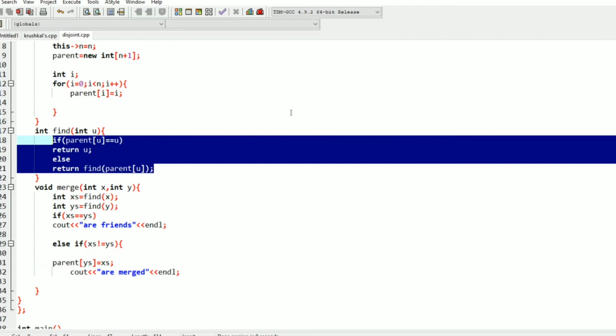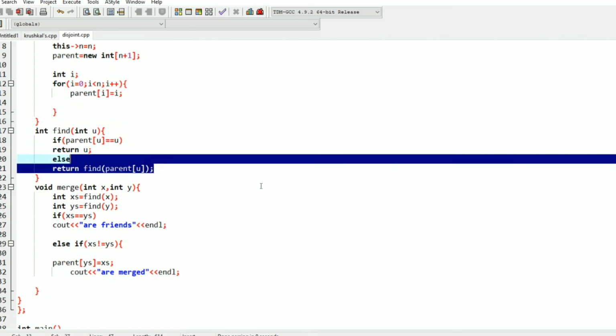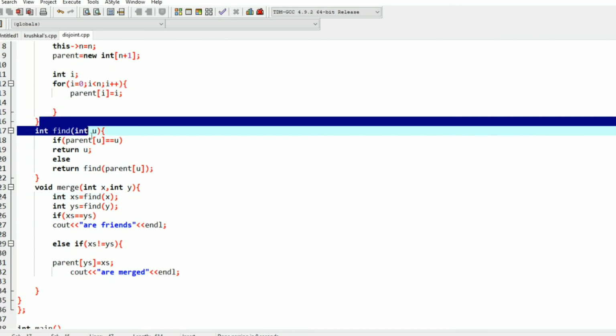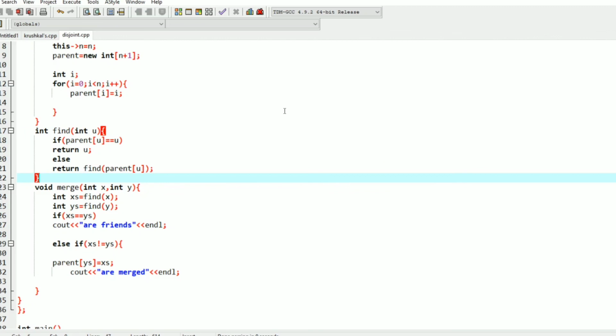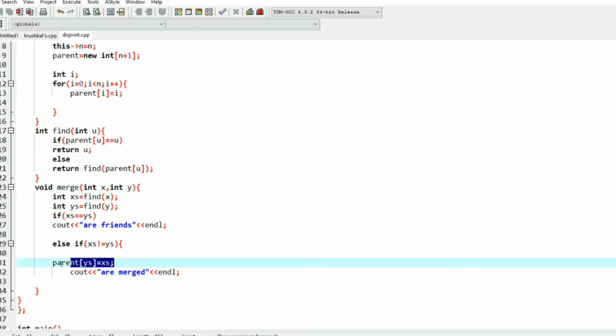If we are going to increase the height of a tree, and we are going to call the find function for a leaf data, then this recursive function call will work up to the root. So basically, if the height is more, the recursive function calls will be more. In order to reduce this, we can keep track of the height of the tree while performing these operations.